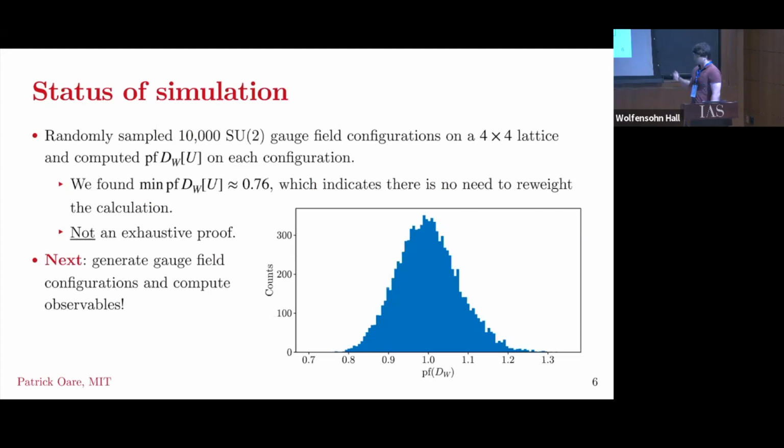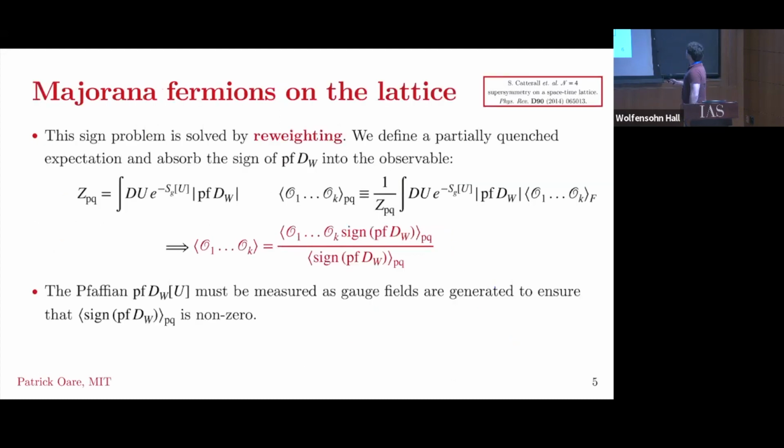Good question. You can do it for other actions that have a sign problem. So basically, as long as you can strip off an imaginary part of the action, you can absorb that into your observable definition. And the issue is when you have things that are purely imaginary or have really bad sign problems, like if you're trying to simulate something like only a chemical potential, then you might have issues where things like this become 0. It also will depend on your discretization, because there are certain discretizations that might make this specifically 0, or make it very small so that you need way too many statistics to really compute anything.